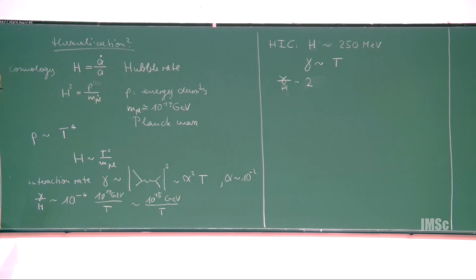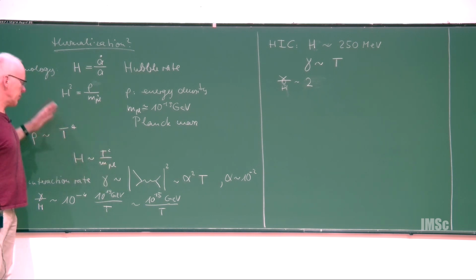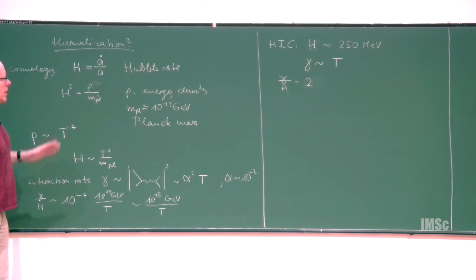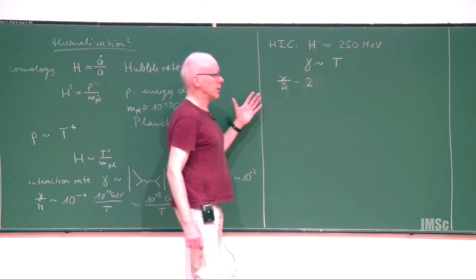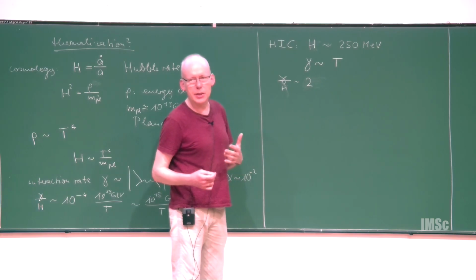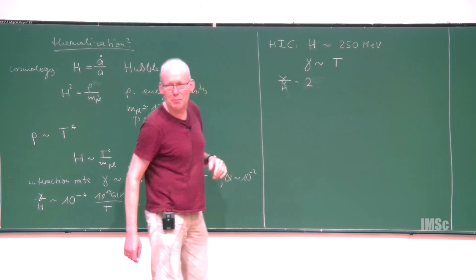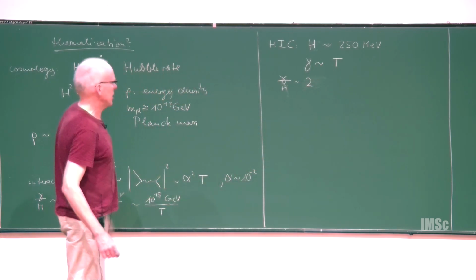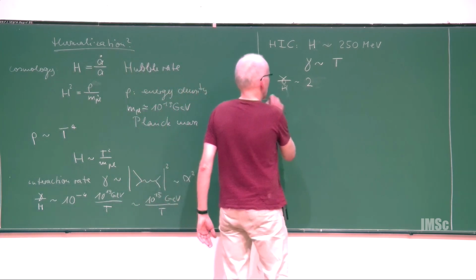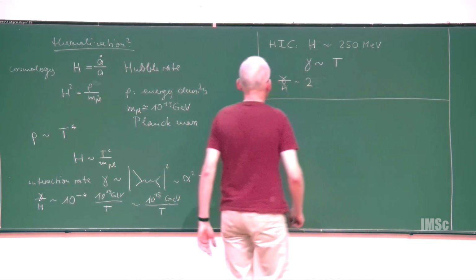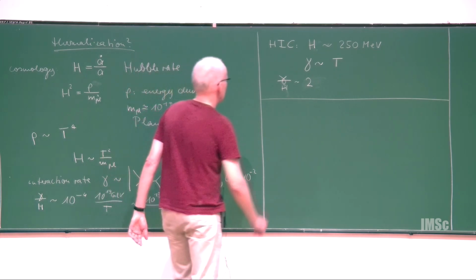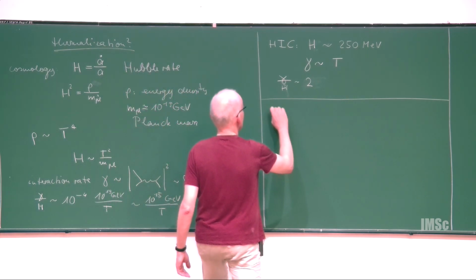Okay, so in my lecture, I will always assume that we can use perturbation theory, which usually applies relatively well to cosmology, but also we hope that we get some insight, qualitatively at least, into what happens in heavy ion collisions. So I will assume that there is some small coupling and that we can expand in this coupling. Okay, so what can we compute with thermal field theory?